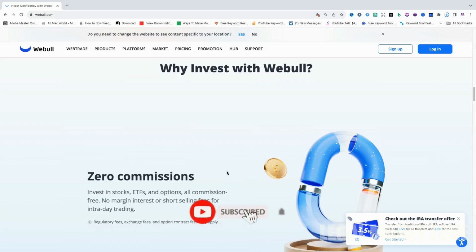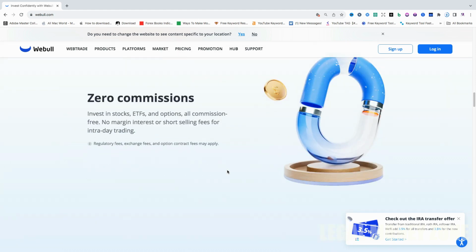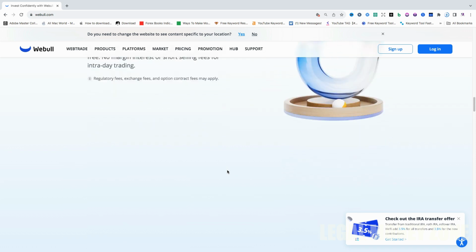What is paper trading on Webull? Paper trading on Webull is a feature that allows users to practice trading without using real money. This simulated trading environment enables users to test strategies and learn how the stock market works without the risk of